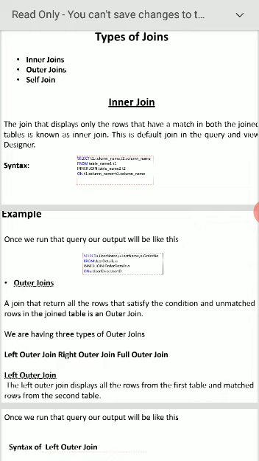Order number is available under order details, username and last name are available under user details. From user details u, inner join order details o, on u dot user id equal to o dot user id.